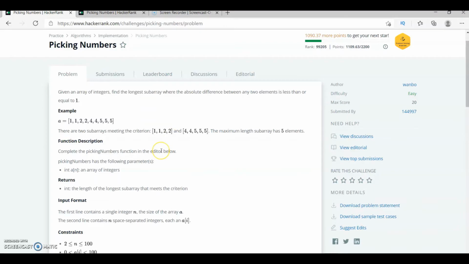Now this is an example of an input array whose elements are like this: a equals 1, 1, 2, 2, 4, 4, 5, 5, 5. Now we need to find a subarray of maximum length having such elements where the difference is either 1 or less than 1. Okay, now based on this input array,